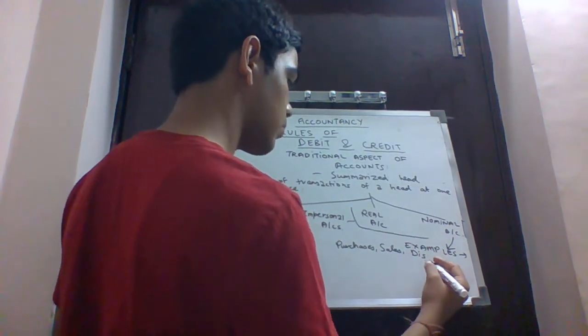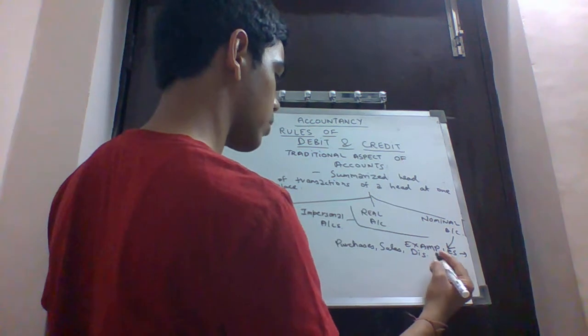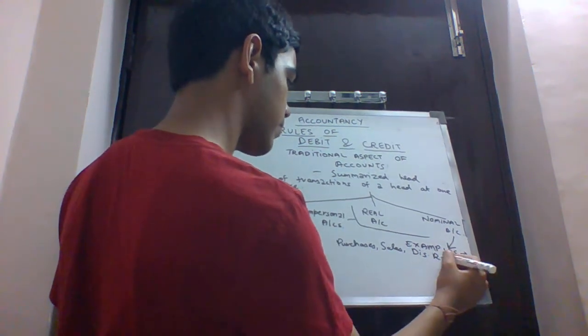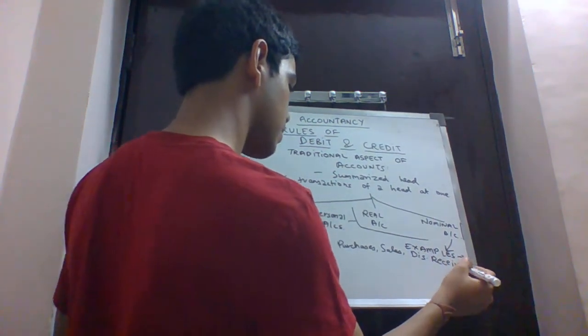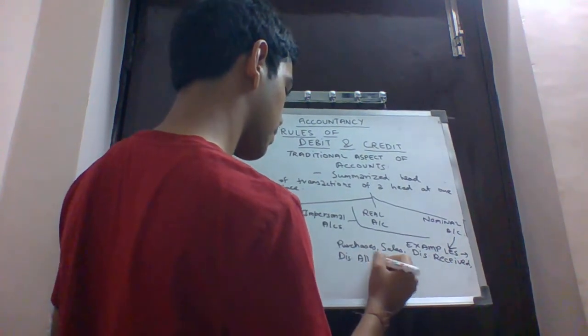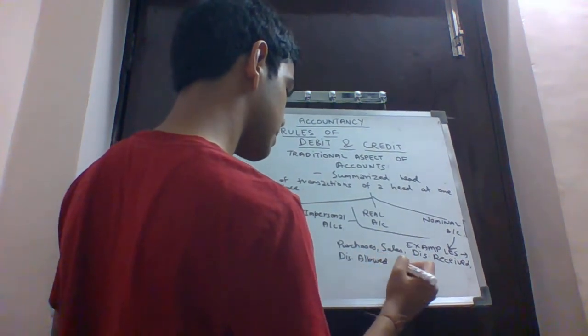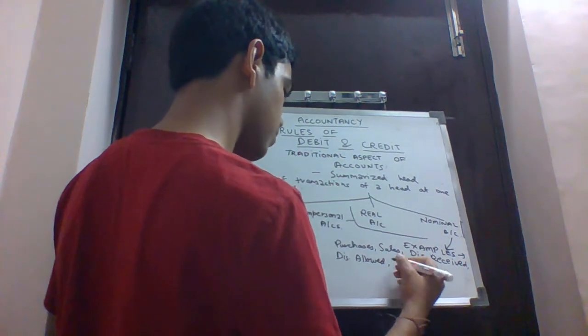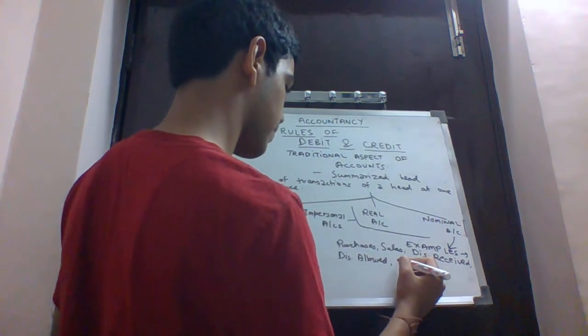I'm writing discount, DIS for discount, abbreviation, discount received, discount allowed, among which discount allowed is an expense and discount received is revenue. Then